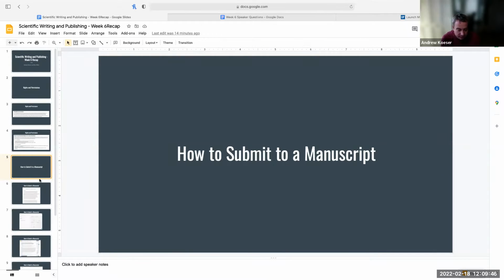I remember my first time submitting a manuscript. I was submitting to an ASHS, American Society for Horticultural Science, journal. They have a 67-page style guide, and I'm not a details person. So I looked at that, my eyes glazed over, and I'm like, I'll just make sure this is a really well-written manuscript that is scientifically valid, and I'm sure it'll all work out. They have paid editors, and that did not go over well.